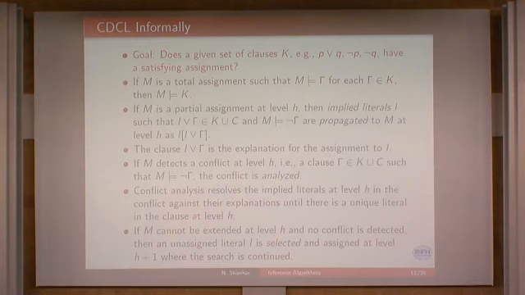What you do then is back jump to a point where you can use that as a clause for getting an implied literal. So you back jump to a level smaller than the current level h, and then you can continue the search from there. And then if you reach a point where there's no way to extend it and no conflict is detected, there are no implied literals, no conflicts, you make another guess and continue the search